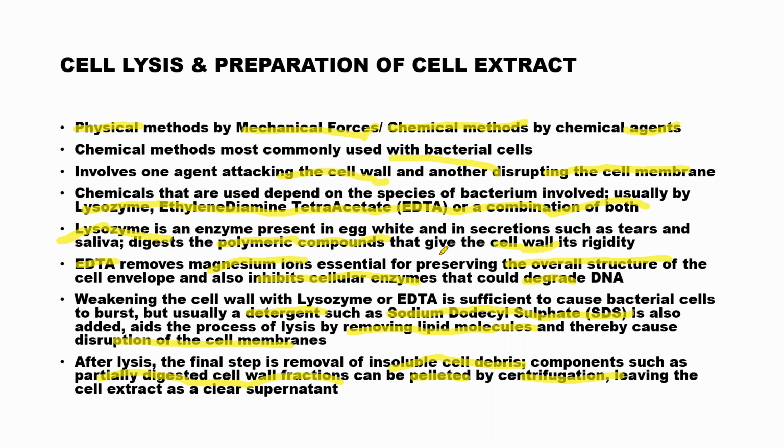The pellet is the insoluble cell debris, which will be thrown away, and we will perform the rest of the experiments using the supernatant. So after lysis, the final step is removal of insoluble cell debris. Components such as partially digested cell wall fractions can be pelleted by centrifugation, leaving the cell extract as a clear supernatant, which means